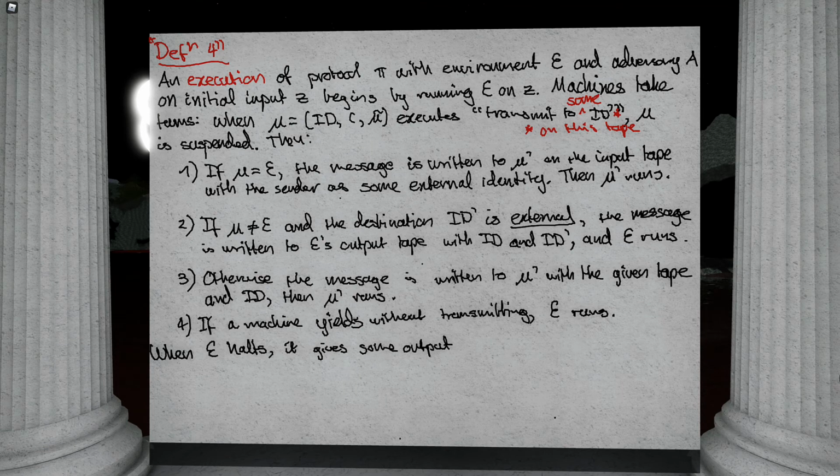It gives some output, and we write, well, it gives some output. I'm going to abuse notation slightly here. I call it exec, parameterized by the protocol, the adversary, and the environment on input Z.